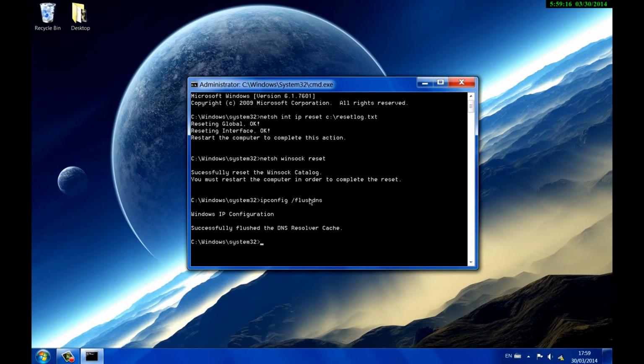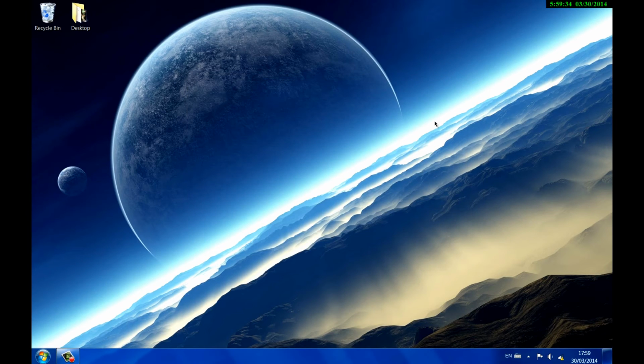So make sure when you're typing this in that you have the backslash and the colon in the right place, and all the letters are lowercase. If you have the wrong kind of stuff like that, it'll just mess up. So yeah, if you get some error here, just make sure you typed everything in properly. So that's the first method done. Hopefully this should work after you restart your computer, but if this doesn't work,